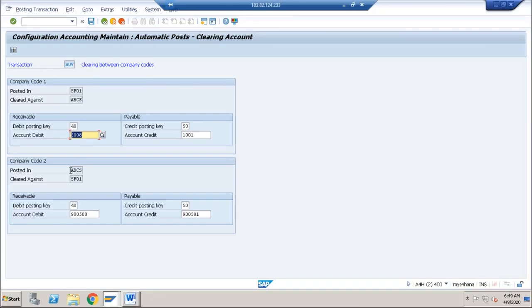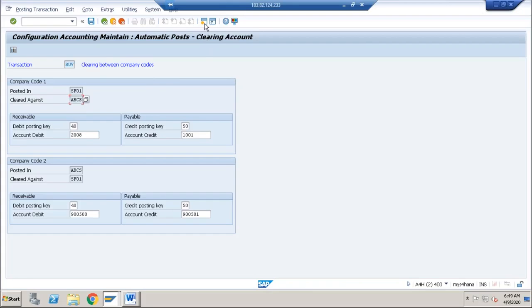Similarly, company code ABCS is going to be credited, with posting key 50, and this GL account will get credited. So these two GL accounts will come into play when you post a document in company code SF01 on behalf of company code ABCS.